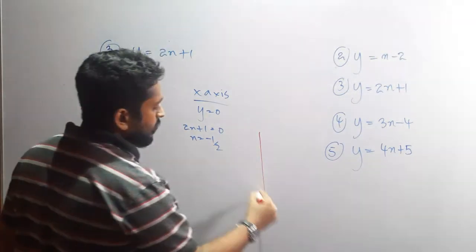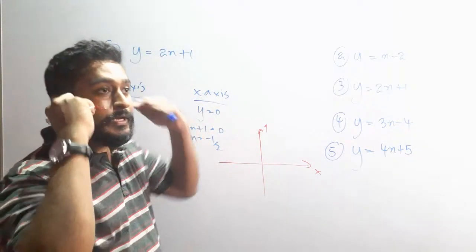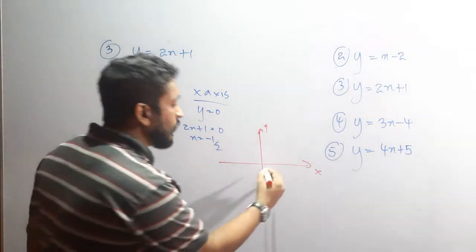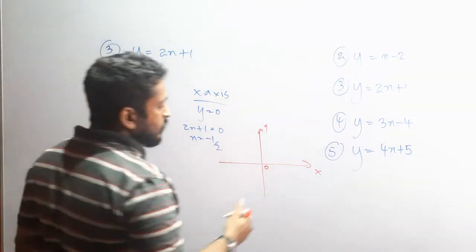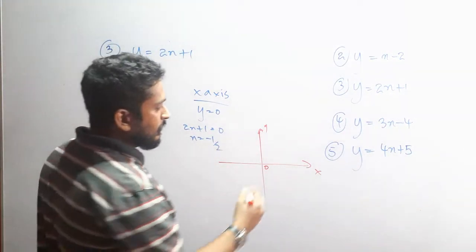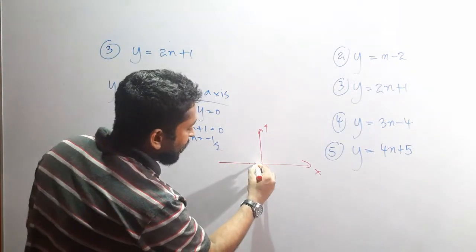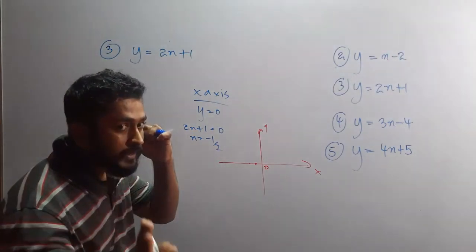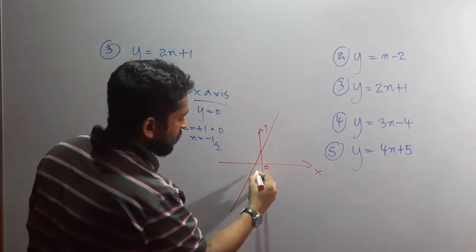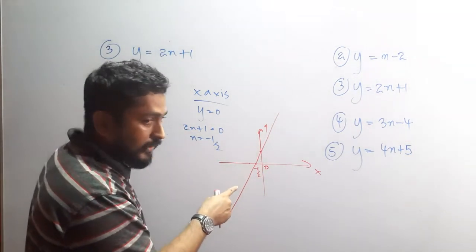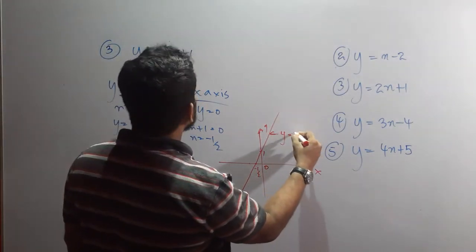Right. Then the graph. Y-axis, x-axis. Now you need to have that unit idea. What is my unit? According to the values I have, x is minus half, y is 1. So let's have a unit as this much for both the axes. So x is minus half, by your mind only, don't measure by ruler. Y is plus 1. So just do it. Minus half. After the graph I am marking the values so that values are not cut. 1. So it is y equals 2x plus 1.